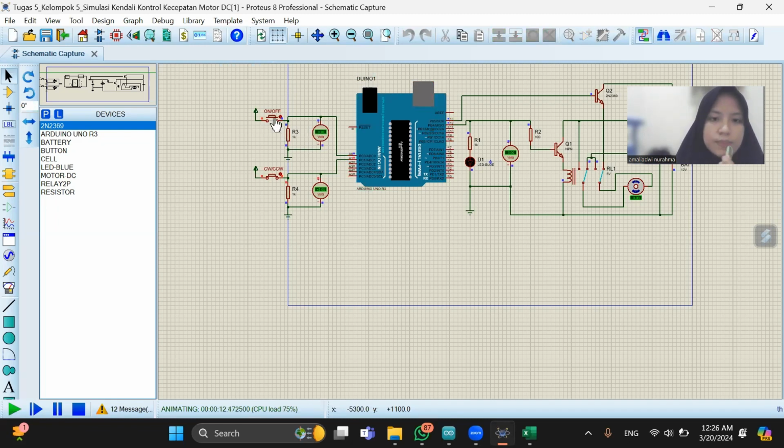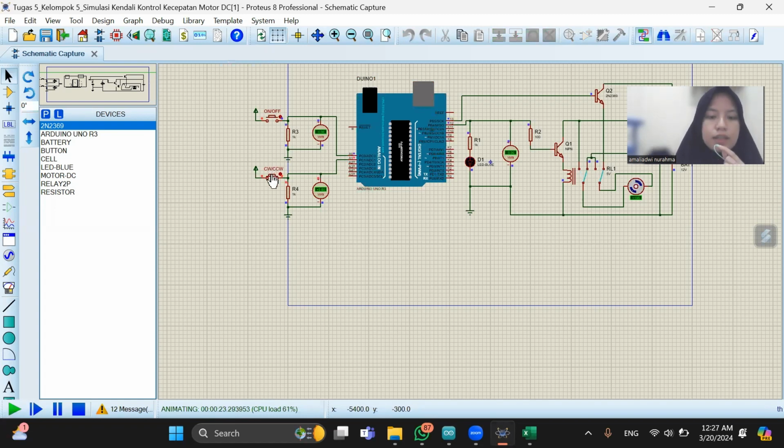If we press push button 1, the relay will have a positive charge, and if we do not press it, the relay will have a negative charge. So we must press push button 1.